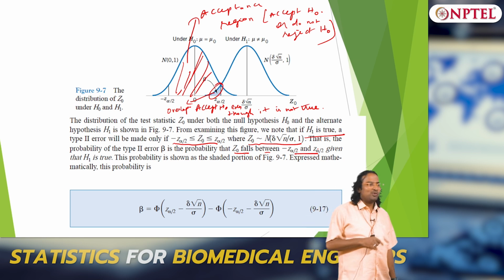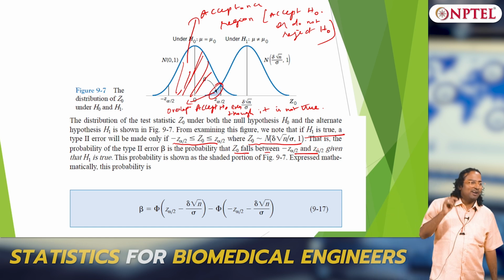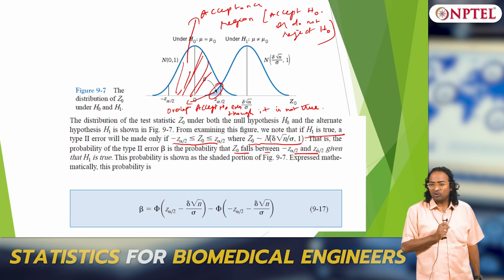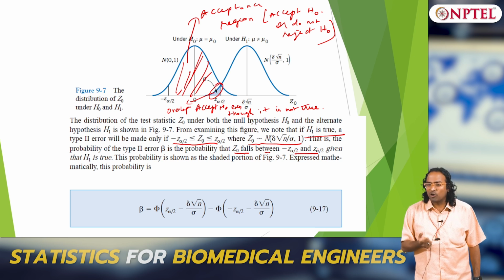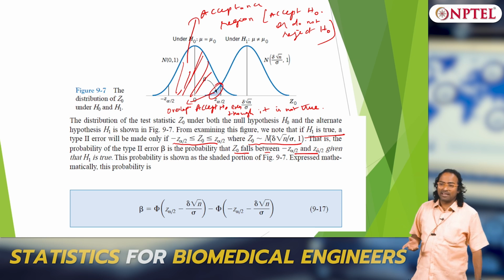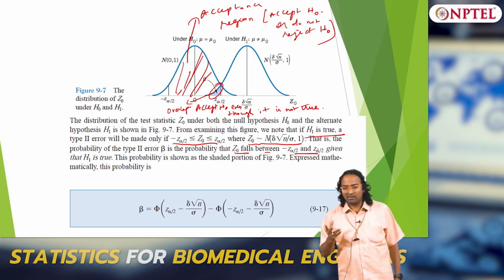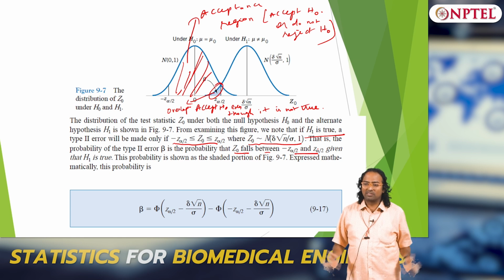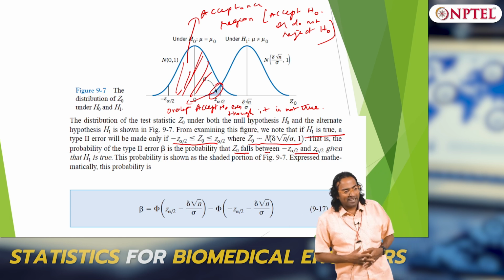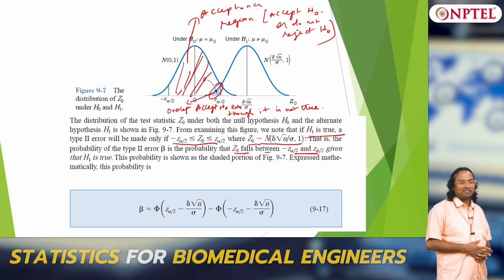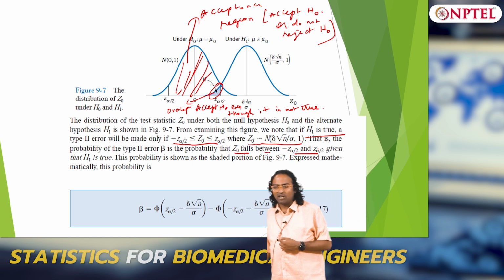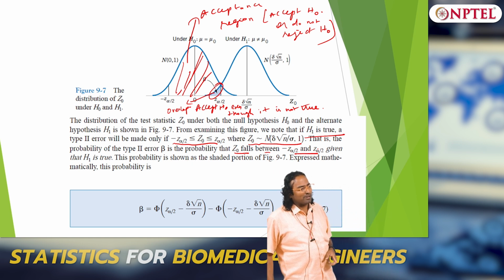So 1 over sigma. So 0 comma 1 and 1 over sigma comma 1, even if you do 1000 samples, and delta is 0.1. Delta 0.1 is very tricky, you understand, it is 1 over sigma. Your sigma is like 1, that itself is 1 comma 1, okay, there will be an overlap. If your sigma is even higher like 10, you are again back to square 1, there will be a heavy overlap, right. So that is where n becomes critical, and the distributions can be separated apart only based on square root of n, not square of n or not even n, it scales as square root of n.